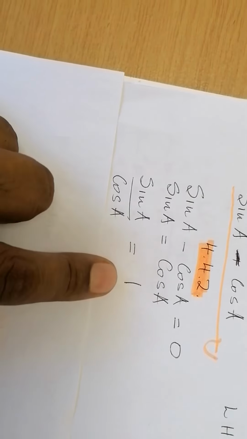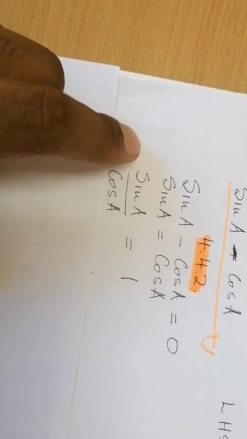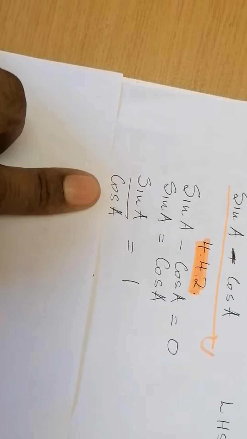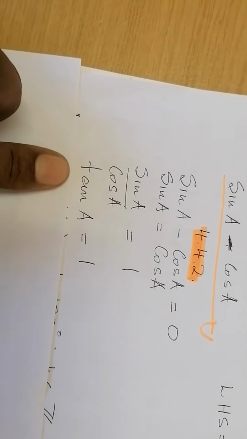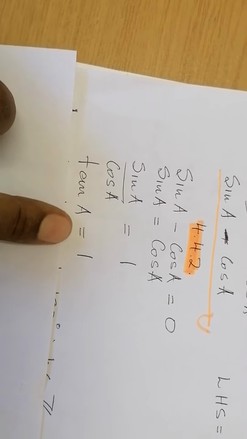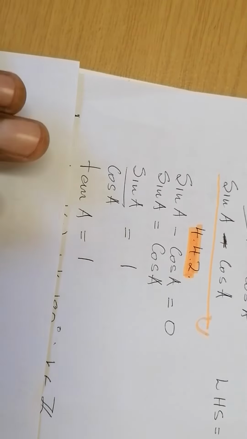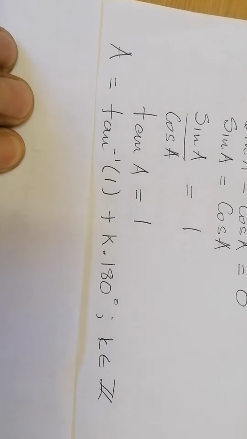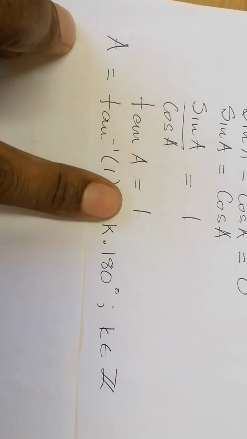Cos A divided by cos A is 1. Then on this side I get sine A divided by cos A. Remember, cos A is not supposed to be 0. Sine A divided by cos A is tan A, which now equals 1. I'm looking for the angle, so I wrote down the general solution. If tan A equals 1,